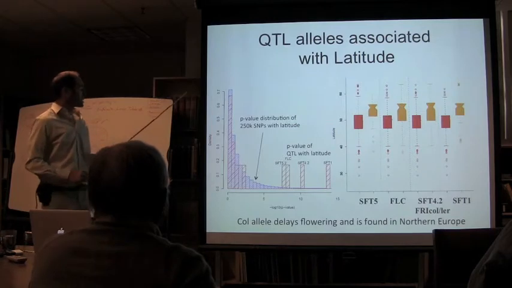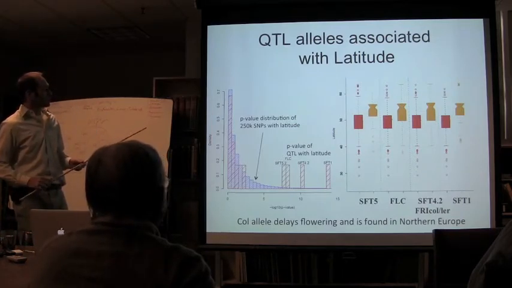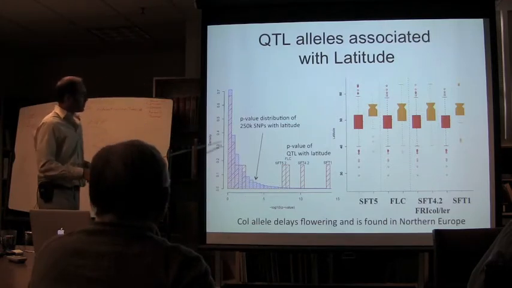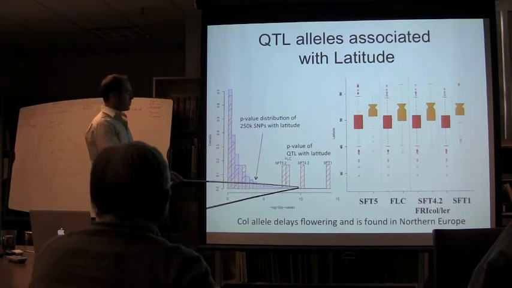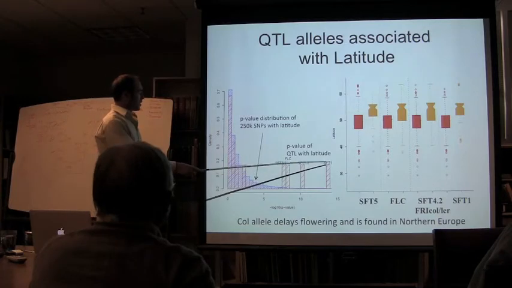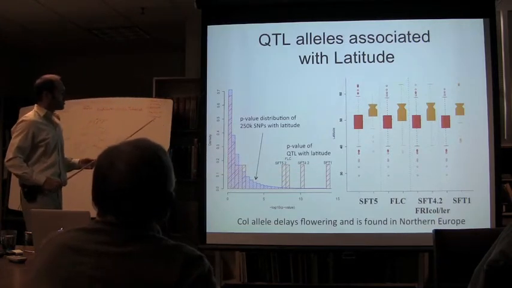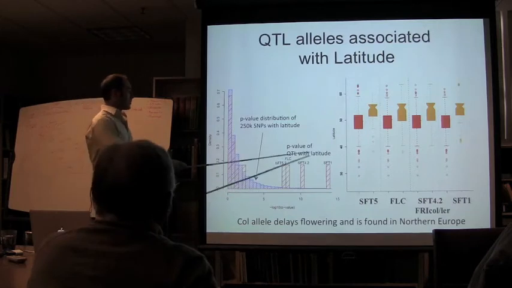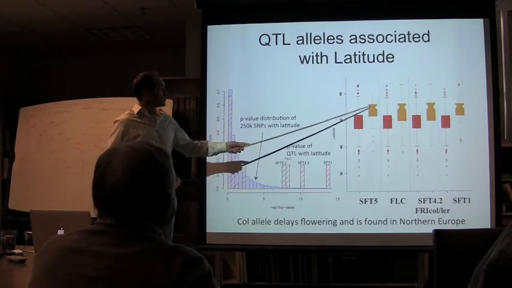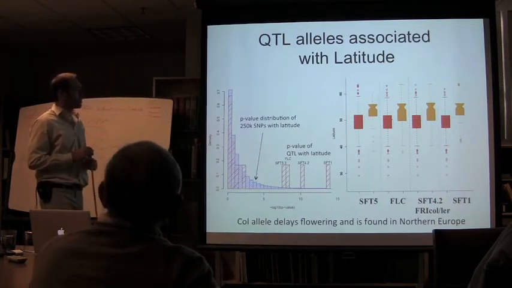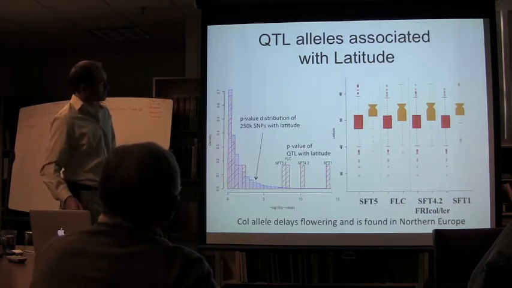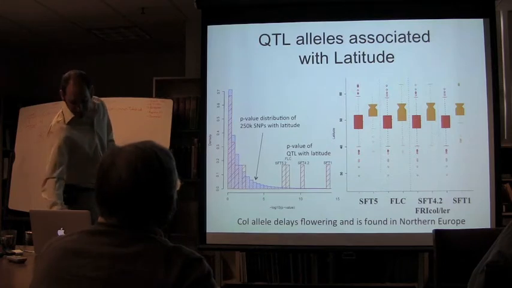The other thing is that we have a nice correlation with where the plants were collected. So in blue here is a p-value distribution for latitude by genotype, and that's a long tail with very few loci showing a relationship with latitude, but 4 of those were the QTLs that we identified. So 4 out of 12 flowering time loci show this nice climb across Europe, and the Columbia allele delays flowering and is more preferentially found in northern Europe. So the relationship to fitness and a nice climb on the landscape suggest that these are adaptive.